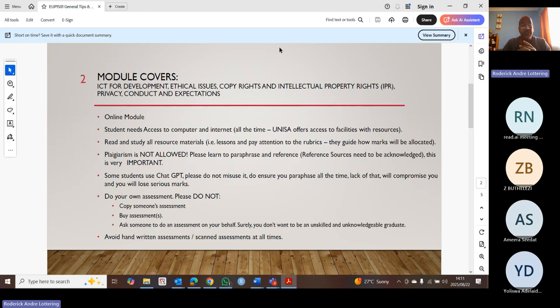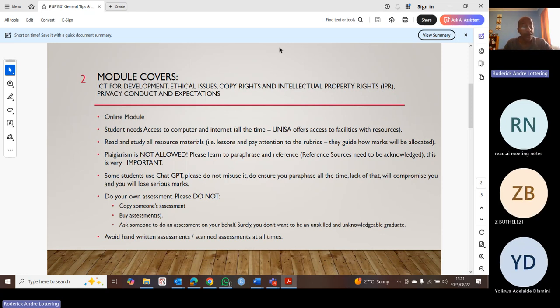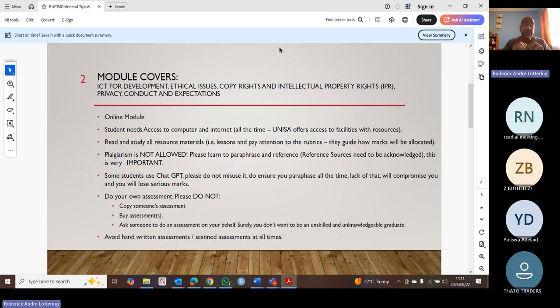Some of the students sometimes get ourselves in a bit of trouble. We sometimes don't know how to respond to things, and we use things like ChatGPT. There's another one, DeepSeek, and all of these tools. What we're saying with these is yes, sometimes it